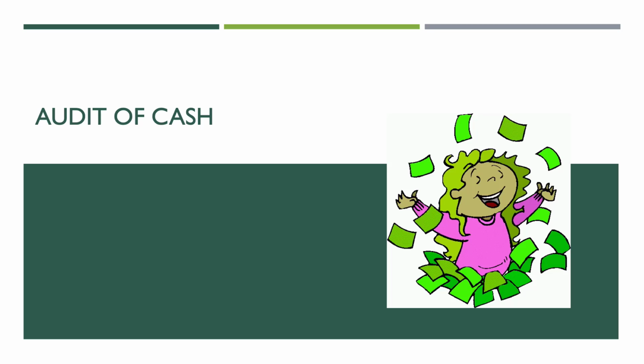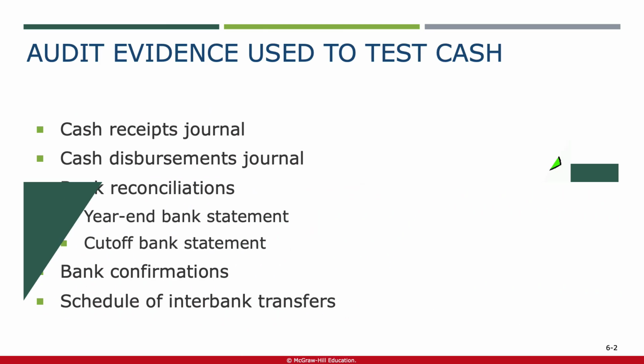We will explore the audit procedures specifically tailored for cash. This includes confirming cash balances with financial institutions, testing the completeness and accuracy of cash receipts and disbursements, and evaluating the effectiveness of internal controls related to cash transactions. Auditors use a variety of audit procedures to gather evidence and test the accuracy and completeness of cash balances. When focusing on cash, three key sources of evidence are often examined: the Cash Disbursements Journal, the Cash Receipts Journal,